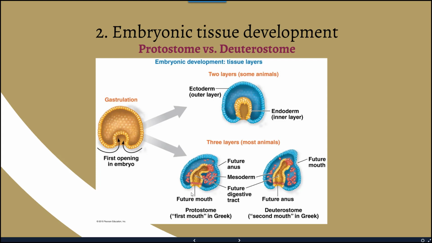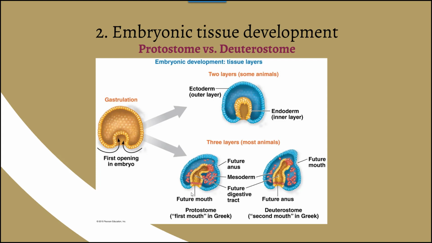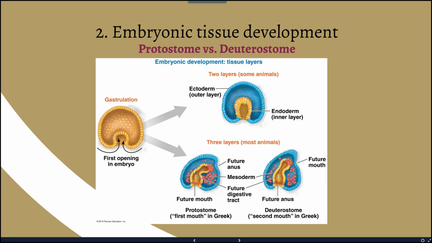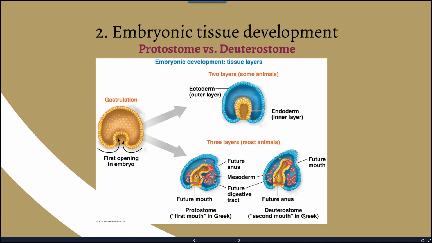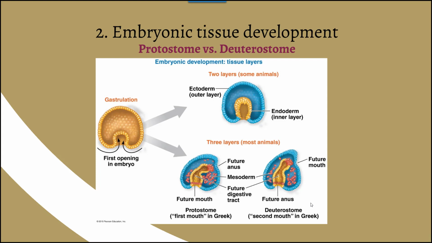When we get down to the three layers where we have the ectoderm, the endoderm, and something called mesoderm, which are these little bits of tissue that exist in between those two layers and sometimes interspersing it, we either find organisms that have a protostome, or the mouth structure that develops first, or a deuterostome, which is the anus that's going to develop first. Now, obviously with complete digestive systems, there eventually will be the full development of that particular structure.